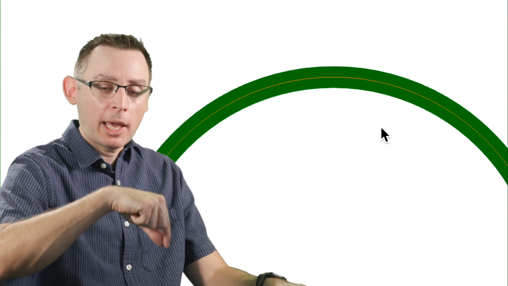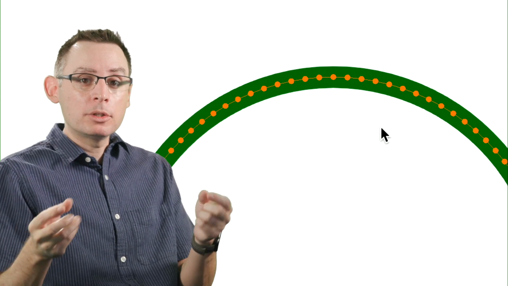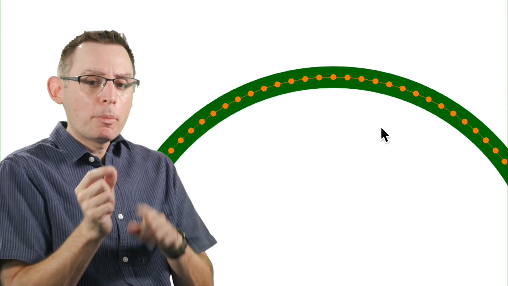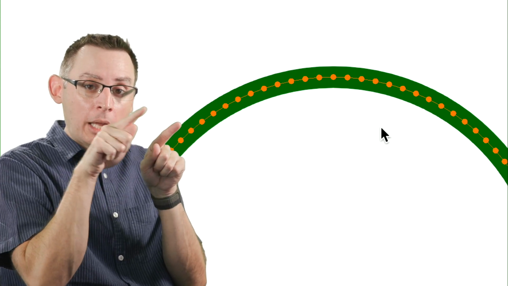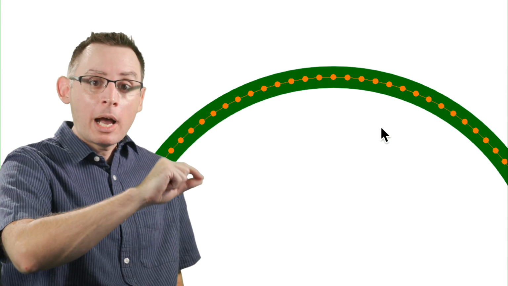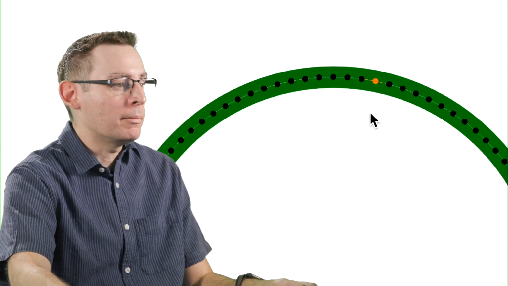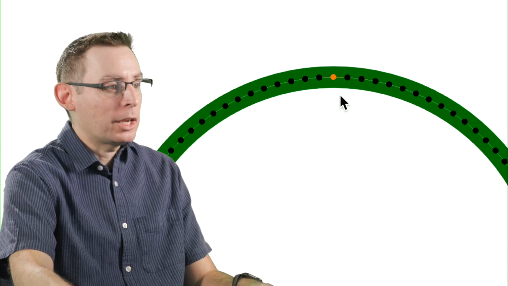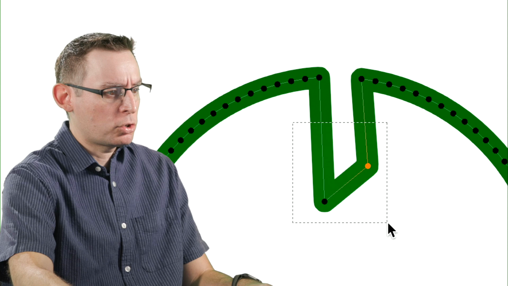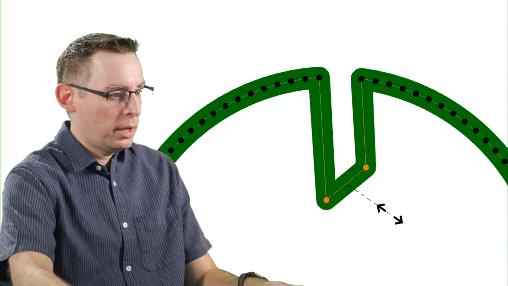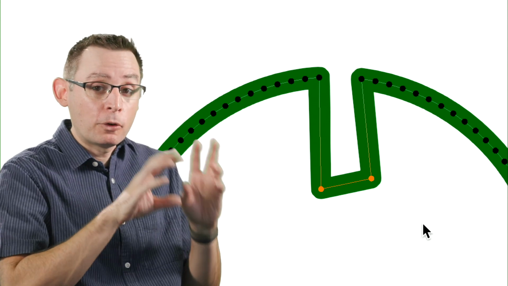If we were to go into the vertex selection state while in edit mode, now we're going to be able to see all of the dots that are being used to comprise and create this line. Remember, at the core of this, we have a whole series of vertices, dots, if you will, and the computer is going to connect a line between these two dots. The more dots we have along our path, the finer and smoother the quality of that line is going to be. But at the core of this, it's just dots. I can grab a dot, I can move it down over here. I can do multiples. If I have more than one selected, I'm just going to drag out a selection box here. I can scale them. I can rotate them.